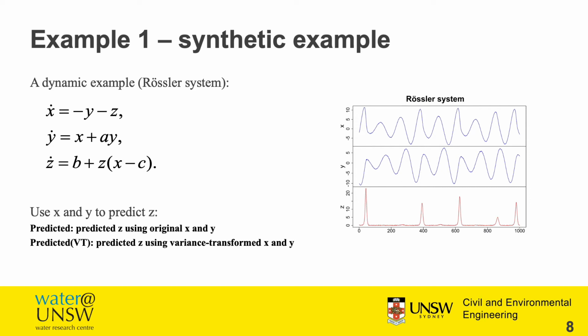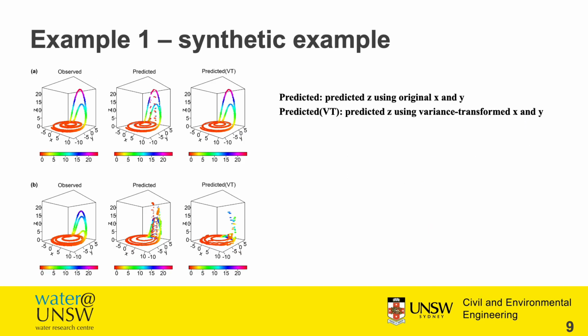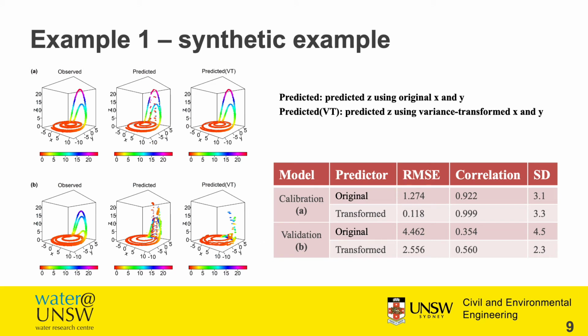So, what is the performance of our model against the reference model? First of all, the experiment is carried out with both calibration and validation. Basically, we have divided the data sets into two equal subsets. The first subset is used for calibration, shown in figure panel A, while the second half is used for validation, shown in panel B. We have assessed the model performance using three metrics. Results of our model show consistent low RMSE and high correlation with closer standard deviation to observations in both calibration and validation.